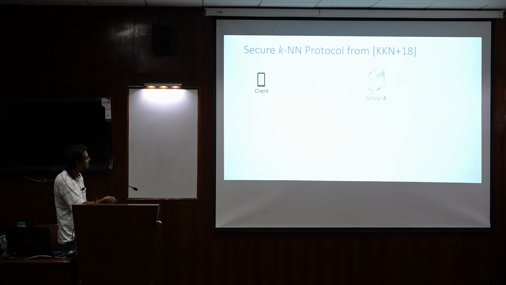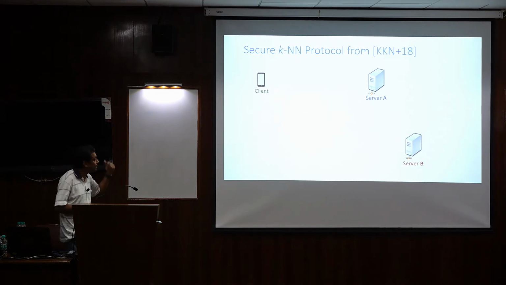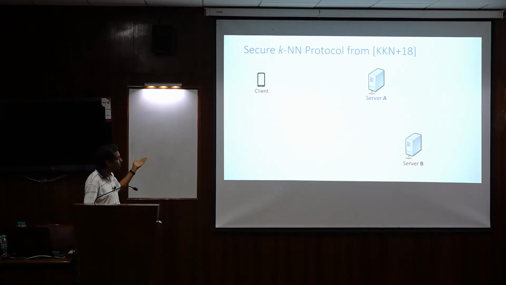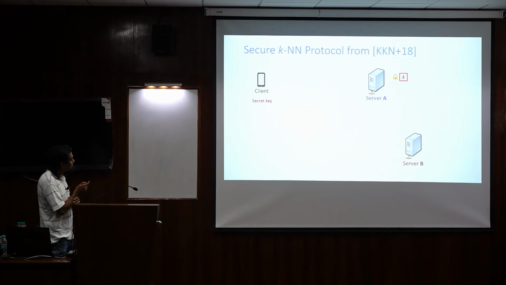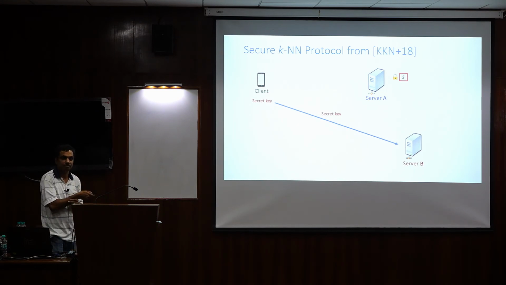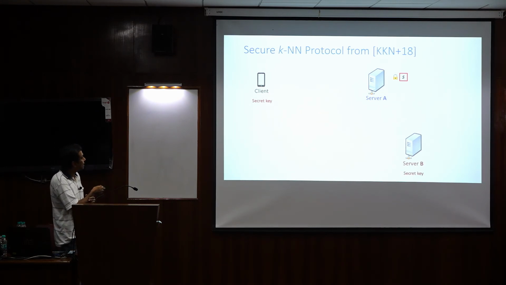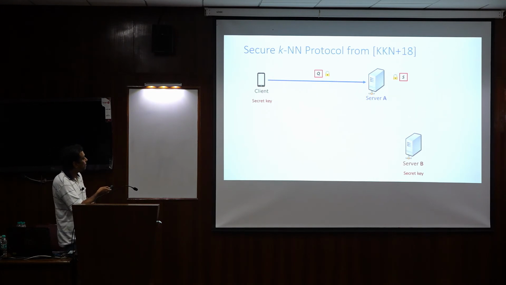So the setting is a two-server non-colluding setting. In this case, for example, server A may be Azure and server B can be a cloud from AWS, and the client stores the data in encrypted form in server A, but shares the secret key with server B. The client then issues an encrypted query onto server A,